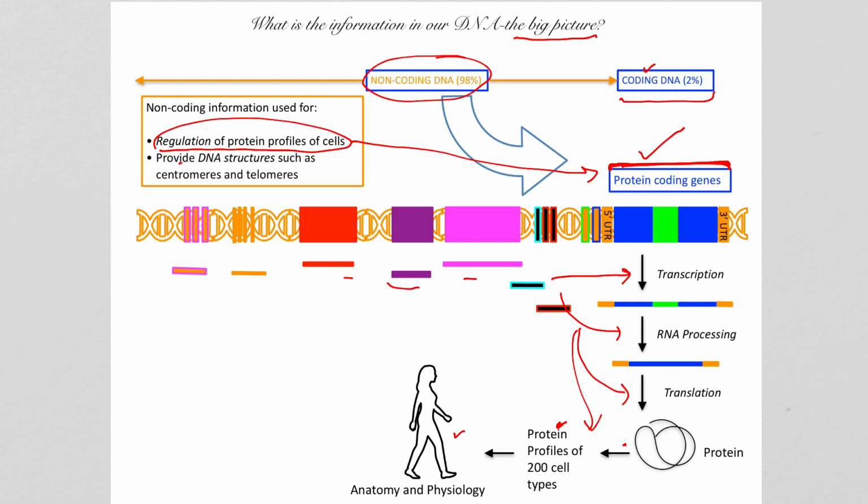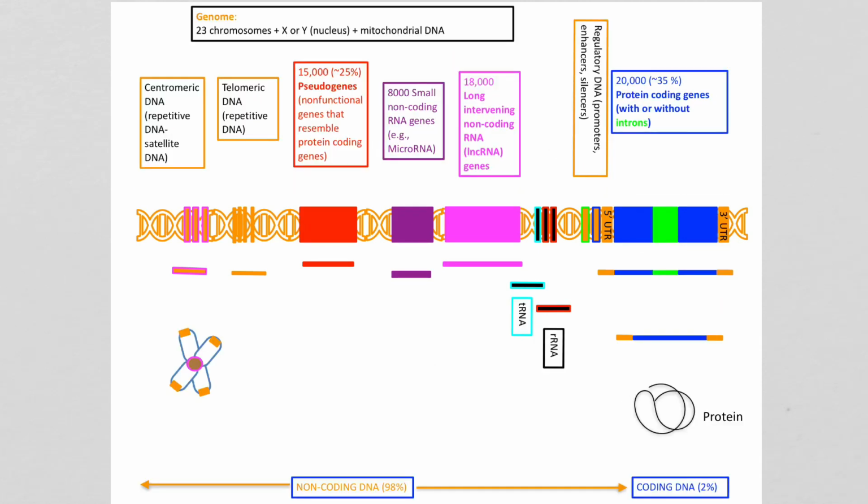And some of the other information is also used to make certain shapes in our DNA, such as centromeres, which are very important during cell division, and telomeres, which are the ends of chromosomes, which we'll talk about in a few seconds. So some important definitions